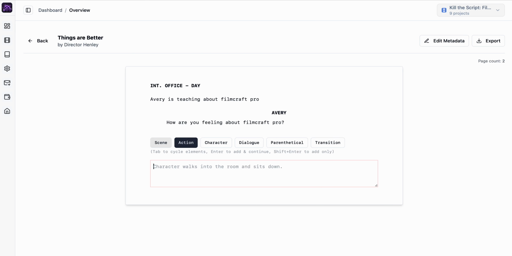Now, let's say I don't want to do character. Let's say I actually want to do a transition. You just hit tab until you get to the tool that you want to use. Now, what's really cool about